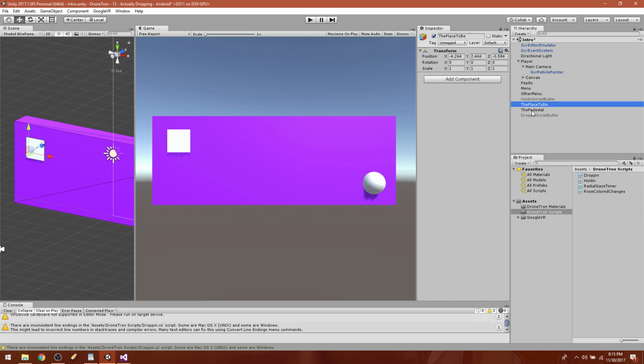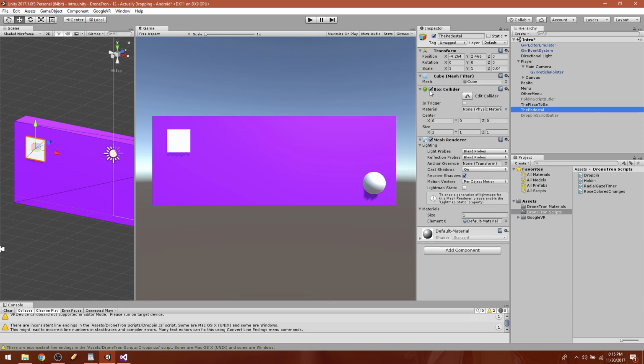The place to be is simply a location. The pedestal is what's going to be important here. That box collider is going to be what allows us to see this area. Okay, so the very first thing we want to do now is take our radial gaze timer, boom, and drop